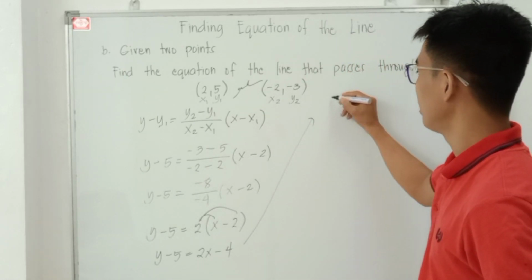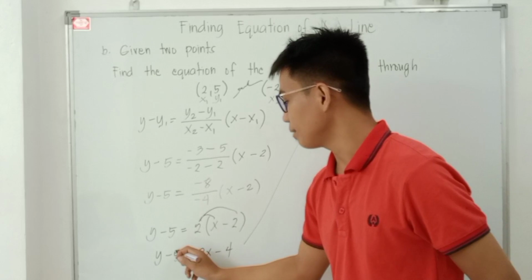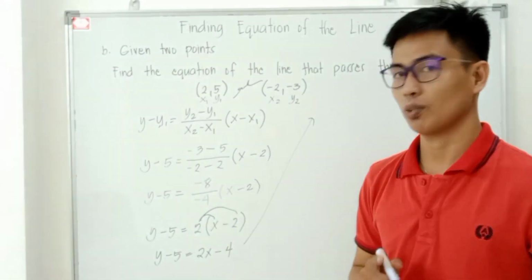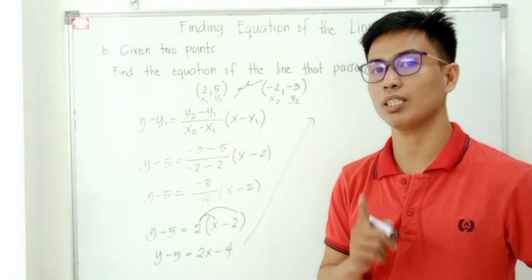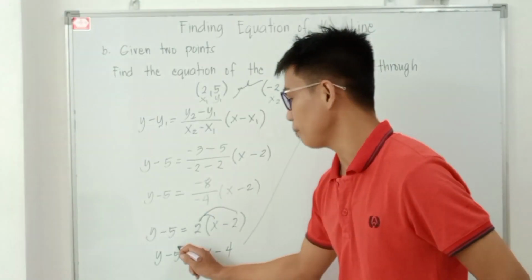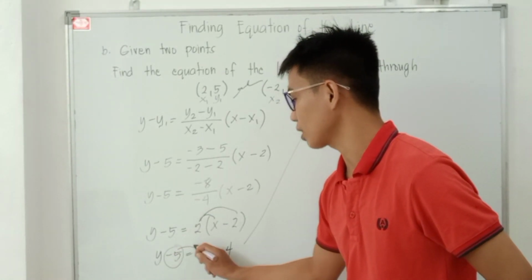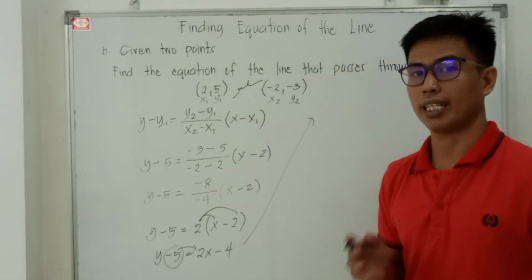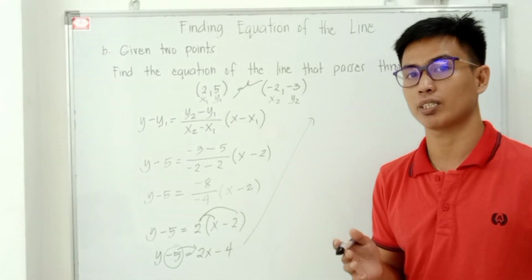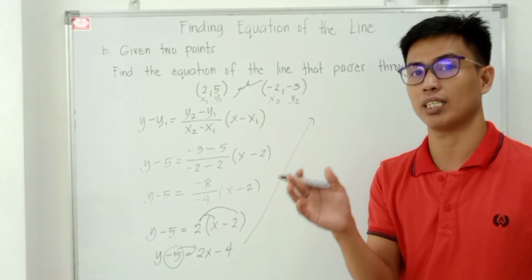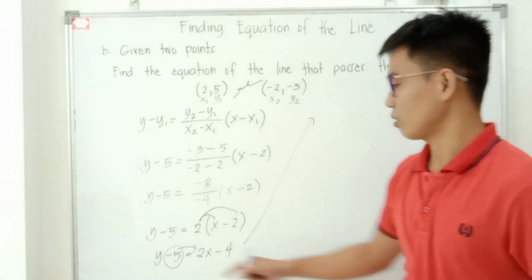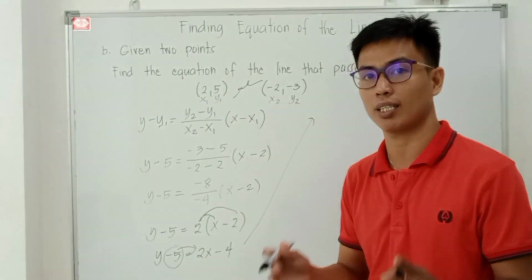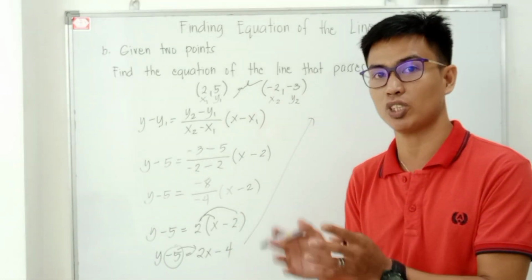So, tuloy natin. So, yung kailangan, ang una natin mahanap na equation is the slope-intercept form. So, para makuha natin yung slope-intercept form, kailangan malipat natin yung negative 5 dito sa kabilang side. So, paano natin ginagawa yun? Again, we're going to add the additive inverse of the term na ililipat natin dun sa magkabilang side. So, since ang ililipat natin is negative 5, we're going to add the additive inverse of negative 5, which is